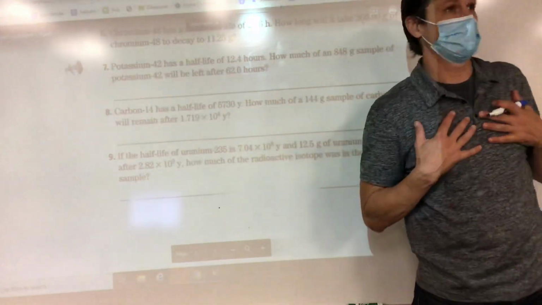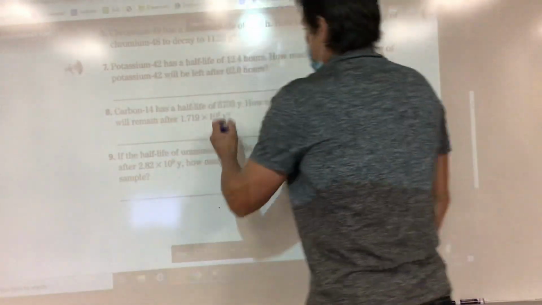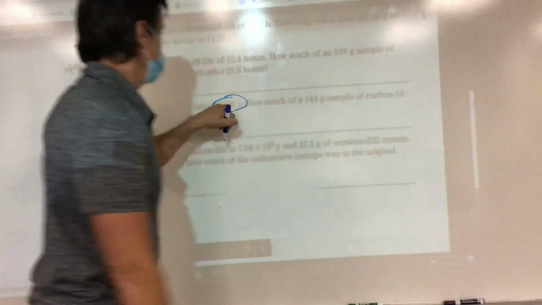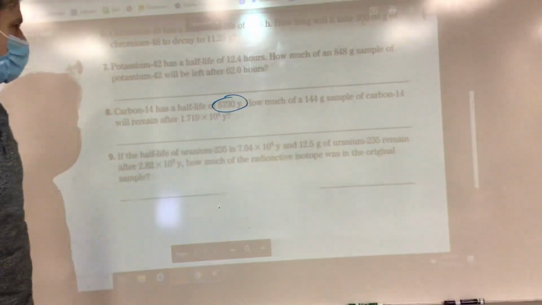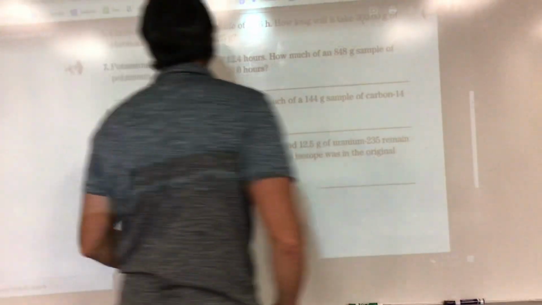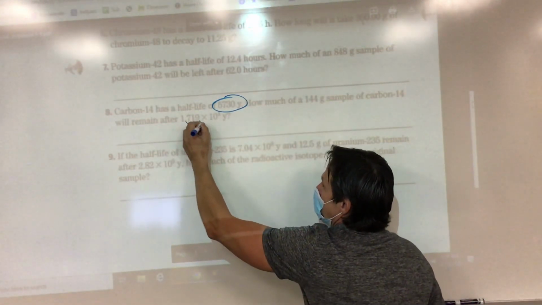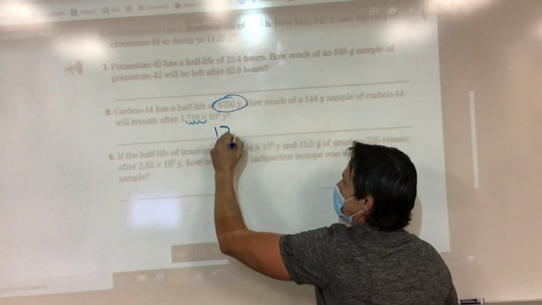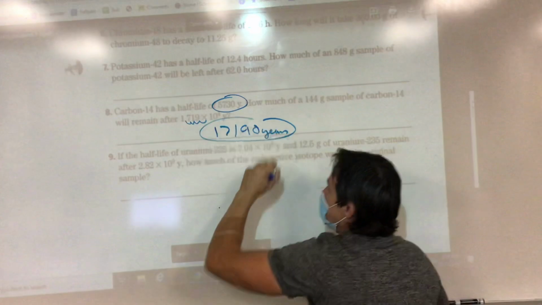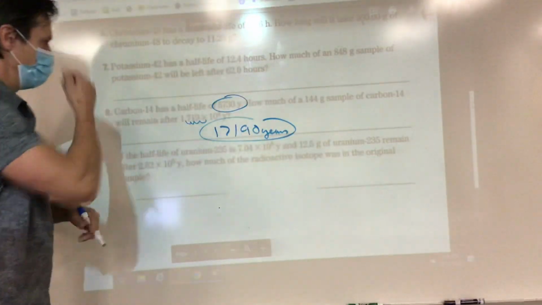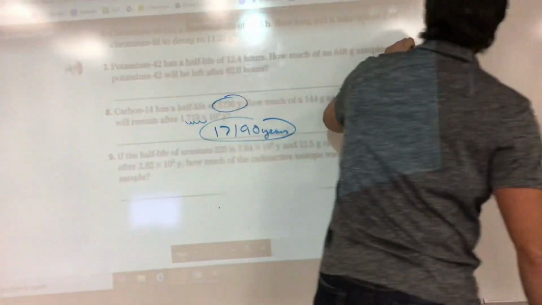Okay. So here's how I like to do it. I like to deal with whole numbers. So all I did is, if we know this is spot on, that's my half-life, 5730. So 1.79 times 10 to the 4th, I'm going to make it a whole number. Hopefully we remember, just move that decimal over 4 places. 1, 2, 3, 4, add a 0. So this number is the same as saying 17,190 years. Okay, so rethink it. If that's my half-life, 5730, and my sample is 144 grams,